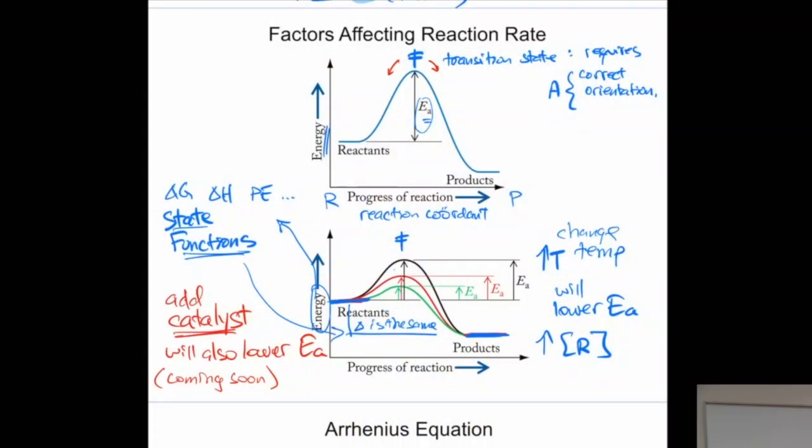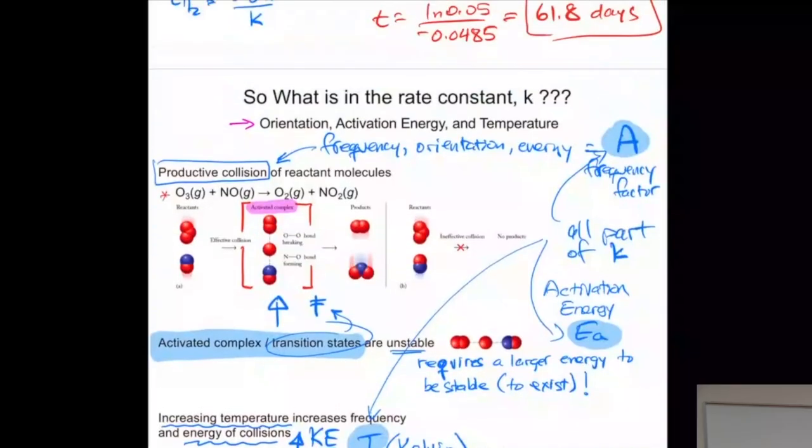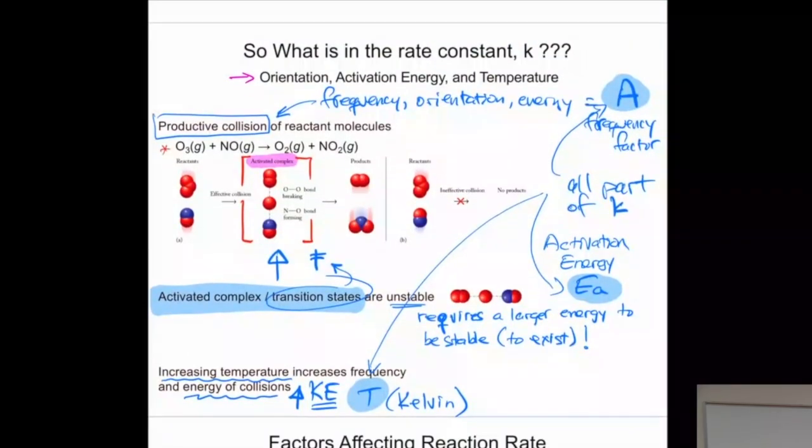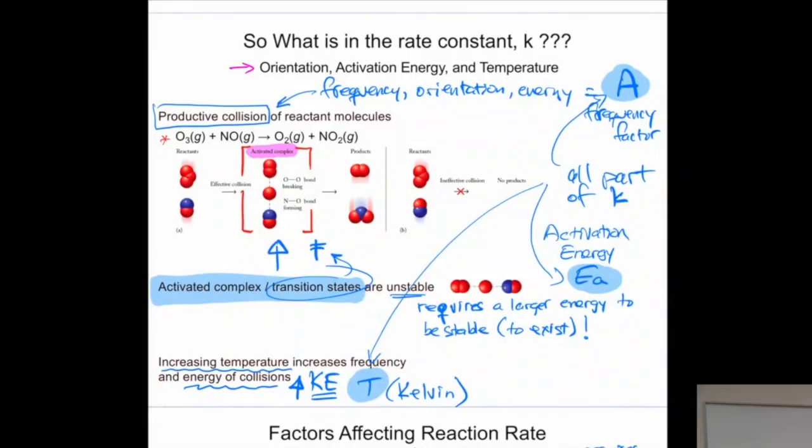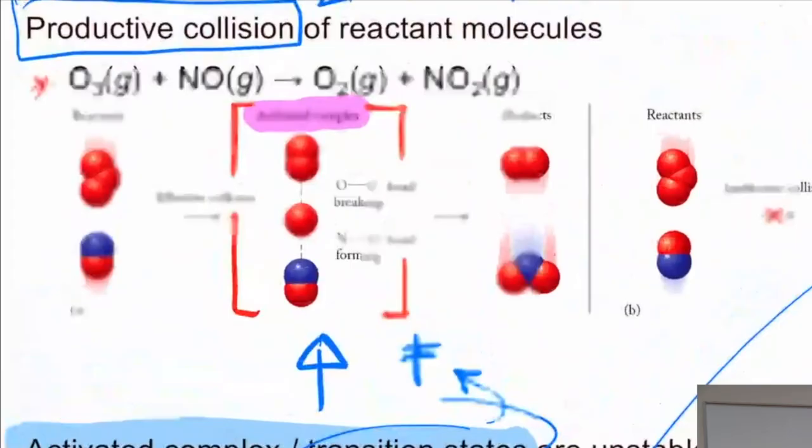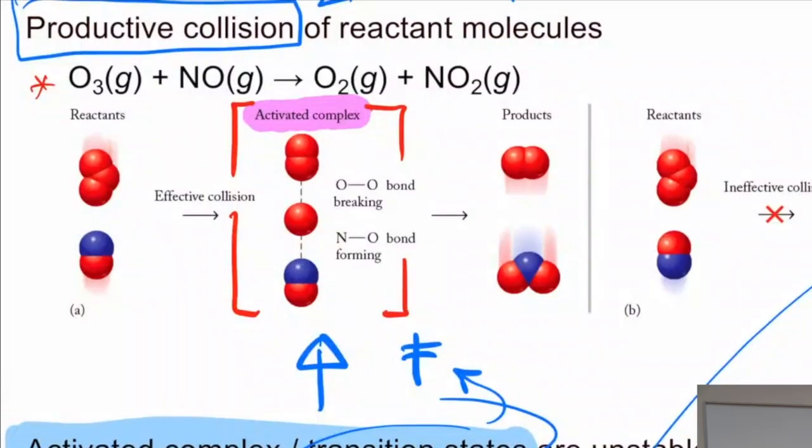We talked at the end of the last lecture about what goes into K. There are really three things that we think about. The frequency factor, which is simply, just think of it as a probability: the probability of the compounds colliding with each other in the right orientation for a favorable reaction and with enough energy to start making and breaking bonds. Ultimately, what you want to make is this activated complex, this transition complex, which is very, very